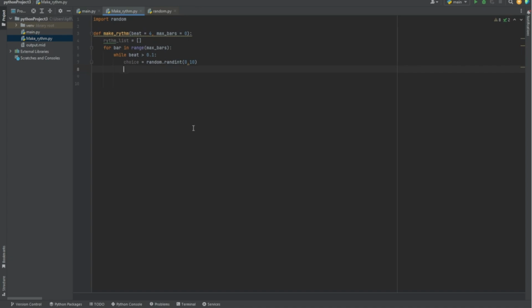So for example, if choice is less than, I guess 3 should work, we will add